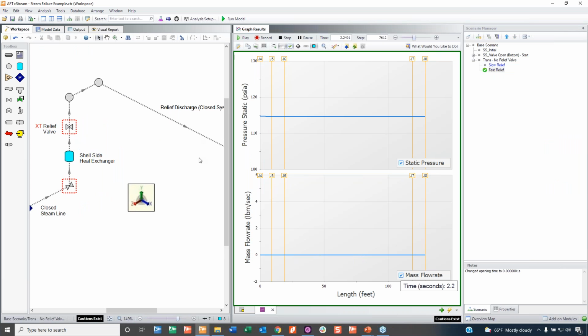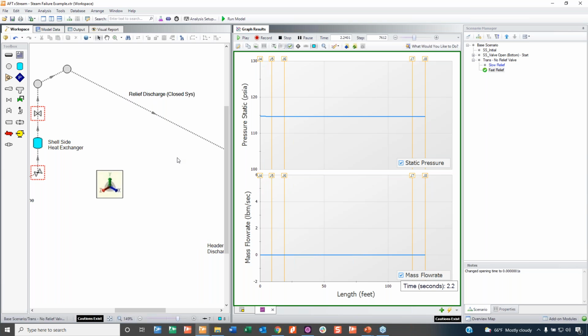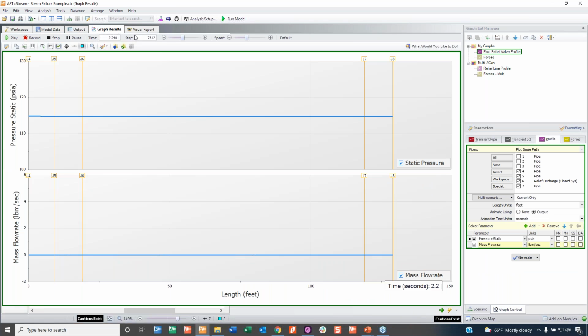This is the profile post relief. So it's all 4 of these pipes, and these junction markers on my graph correspond. J4 is my relief valve, J5 is that branch, J6, really long pipe, right? Then J7, and then J8 is my discharge boundary condition, discharge header. So that's what those markers are. And if we play this,